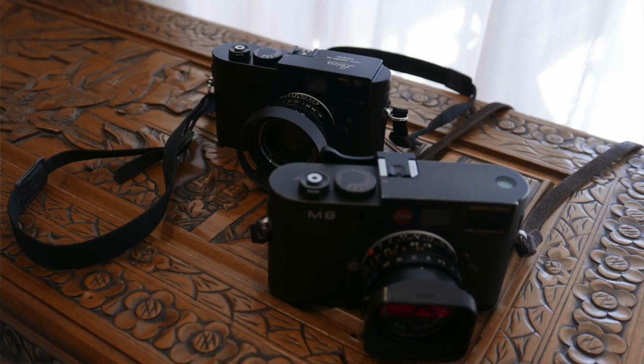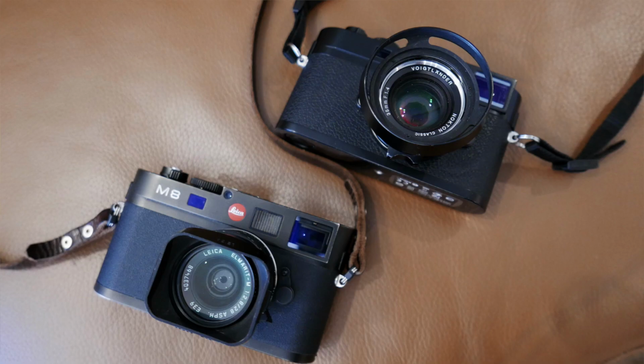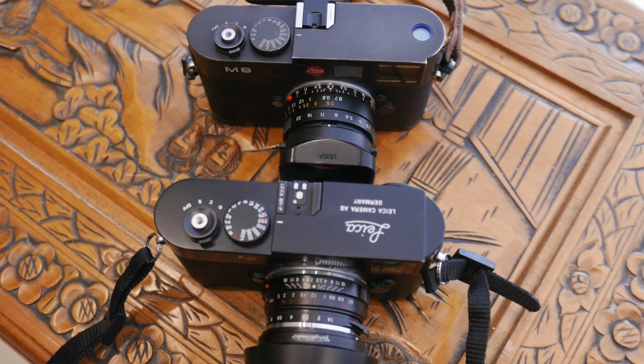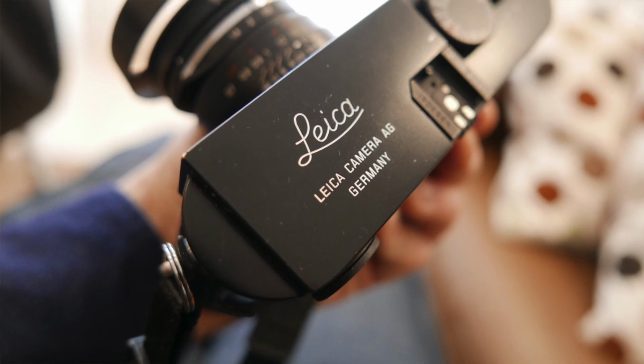By the way, these two cameras live very well together, they are good companions. You can use the batteries from one in the other. You can share one leather case and change it from one to another because they have the same shape, so that's an advantage. But my experience with this M9 wasn't very good in the beginning,